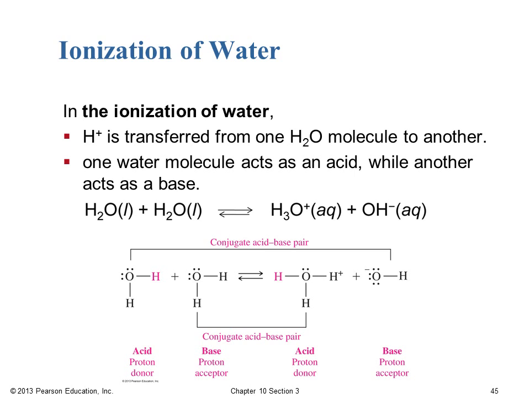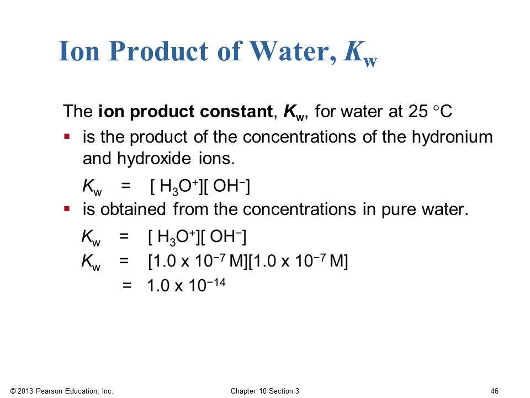And so in this case, we have one water molecule that will act as an acid and one water molecule that will act as a base. One of those water molecules will accept a proton and one will donate a proton. And so we call this equilibrium the ionization of water. And we have an equilibrium constant that's associated with that. And we call that